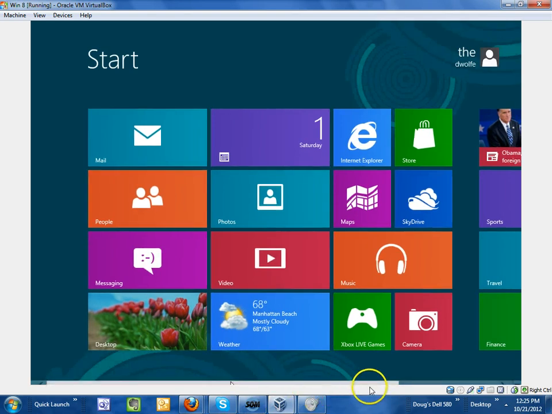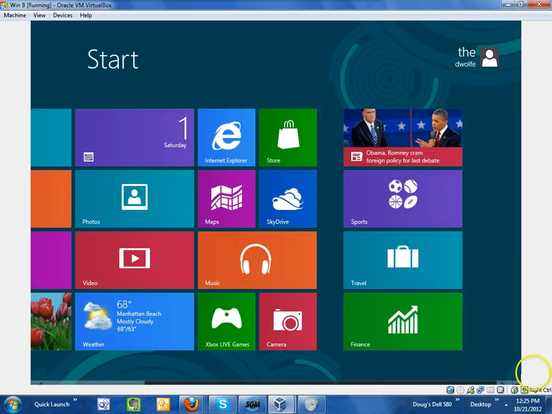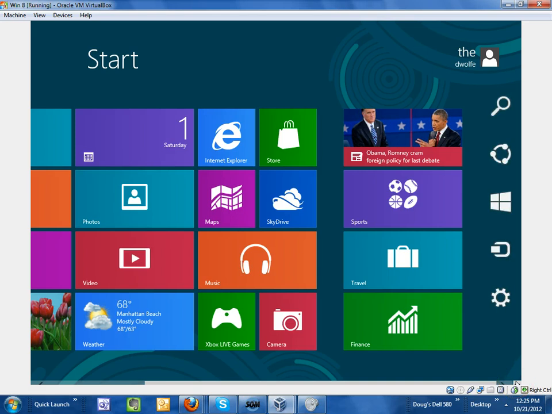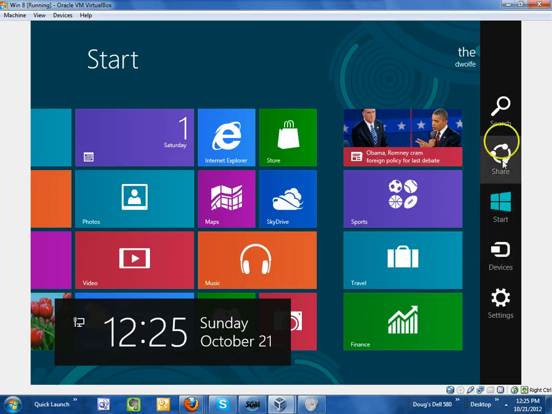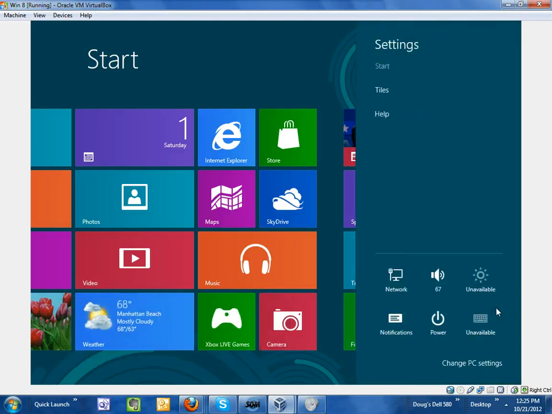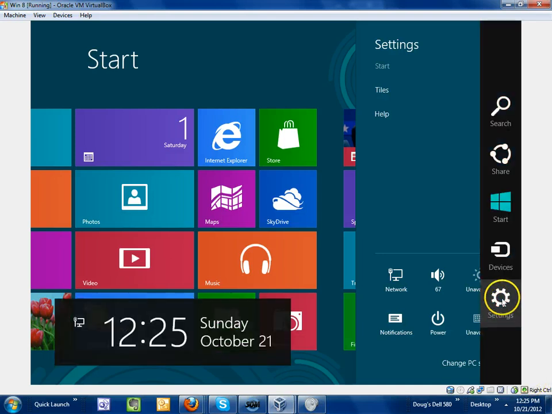Okay, then if you want to get to the control panel and other things, you have to go down in the lower right hand corner at this point with your mouse, and some things pop up. Settings, devices, start, share, search. Let's go to settings, and in settings we still don't see the control panel. I'm trying to find the control panel. Let's go back